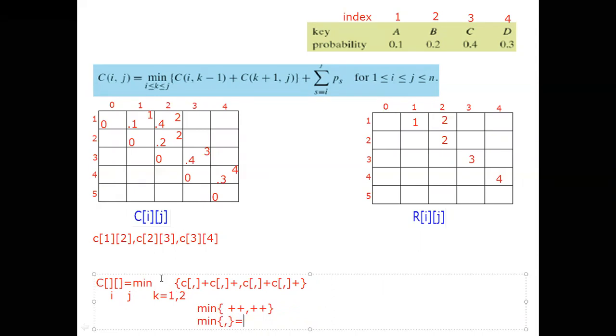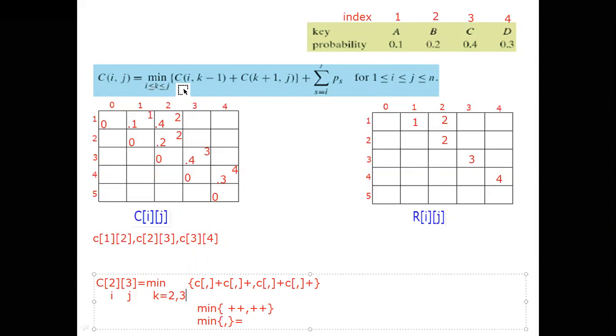Now I will do it. What is the value? 2 3. Correct? I should do 2 3. I is 2. J is 3. And what are the k values? K values are also going to change. K ranges from i to j. What is i to j? 2 to 3. Only 2 values will come.